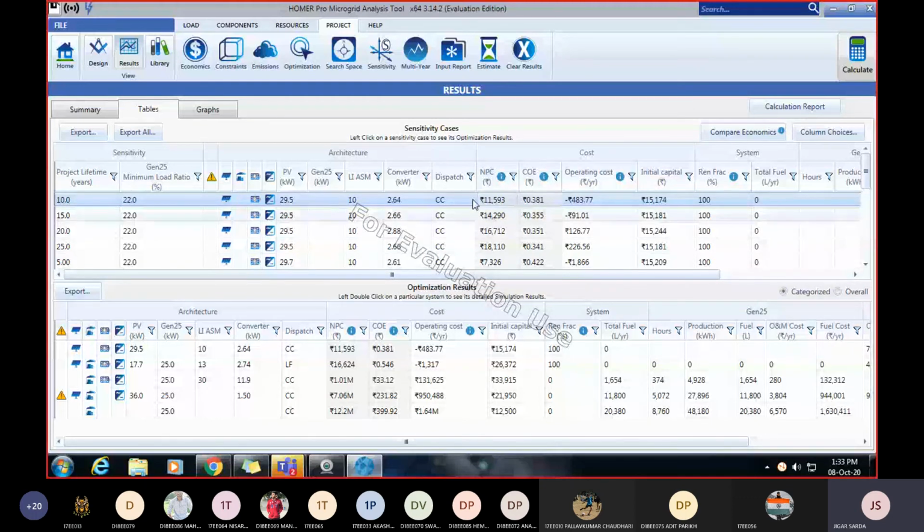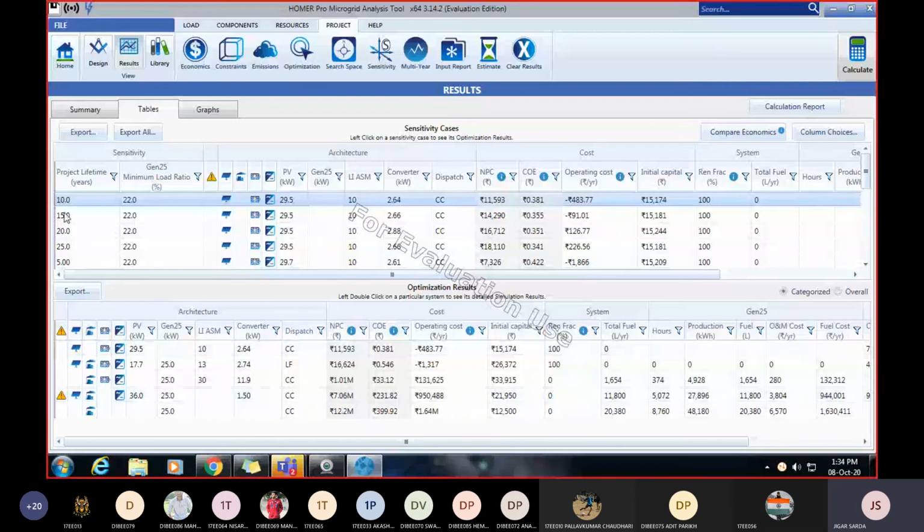We take power from solar 29.5 kilowatt, and lithium battery storage is 10. Converter capacity is 2.64. We don't take generator power because our demand is less compared to our solar capacity, so we directly take the power from solar.